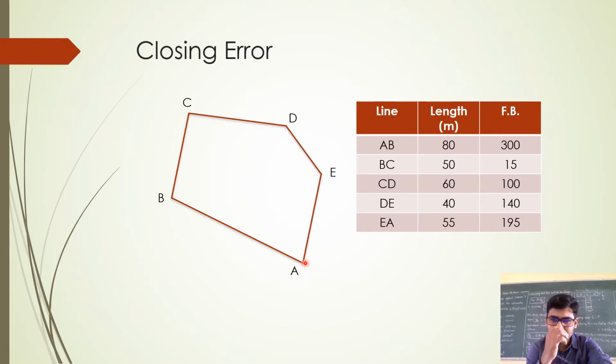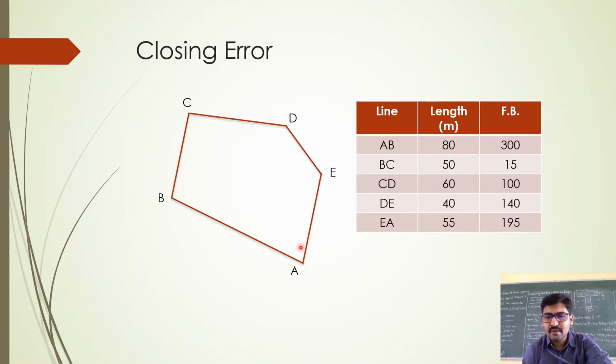If I simply say that there is a line of 80-meter length on the ground, then I cannot draw where exactly the line is. So when I know the bearing of the line, then I can fix the point and mark that line of certain length. Now AB is one such line of length 80 meter, right?